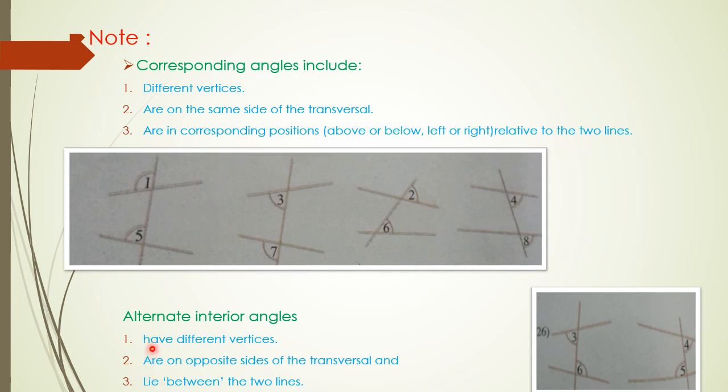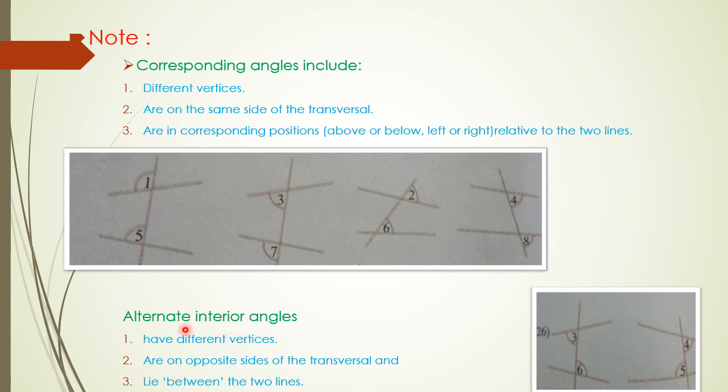Now we may see alternate interior angles. Here in the figure you can see angle 3 and angle 6 are one pair of alternate interior angles, and angle 4 and angle 5, they are the second pair of alternate interior angles. Interior, I have explained in the last class what is interior side. The region inside the two lines, it is the interior. Interior we have 4 angles and from there 3 and 6 make one pair, and 4 and 5 another pair of alternate interior angles.